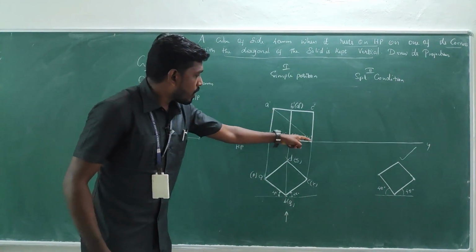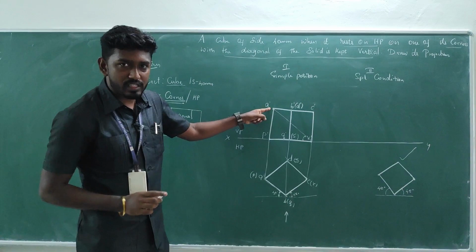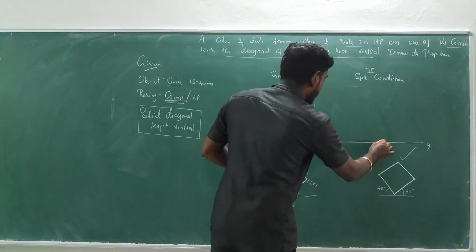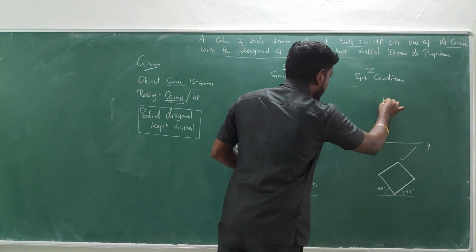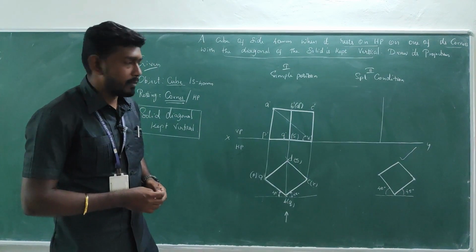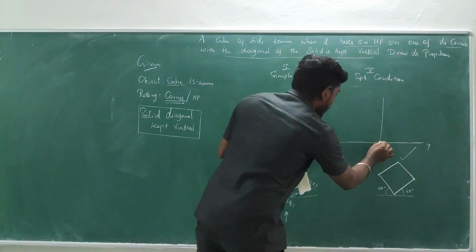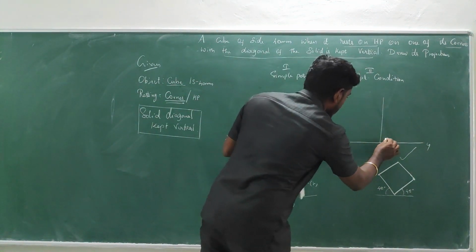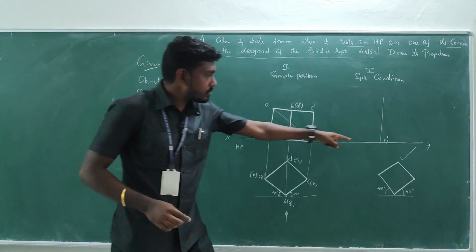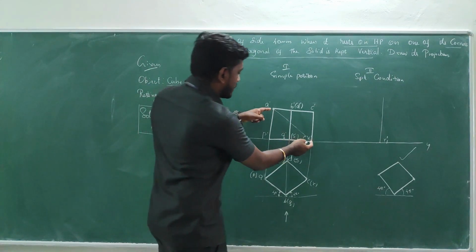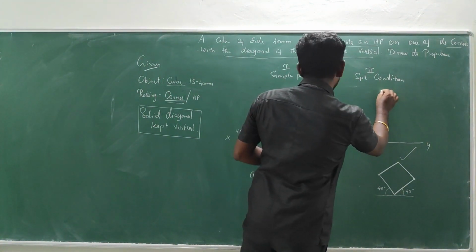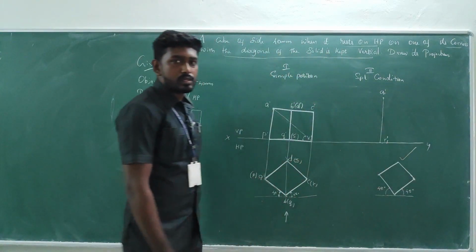The line artery A should be drawn first. We know it's a perpendicular 90 degree line. So anywhere on the XY line, draw the 90 degree line like this in a thin manner. One of the corners is resting, so you must take this R1 on the XY line, and we have to take the measurement R2A and just take the cut mark so that you will be identifying the A1 dash.